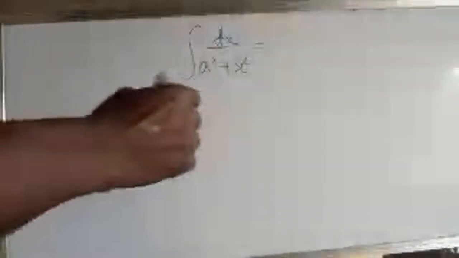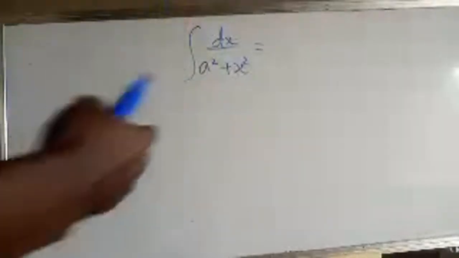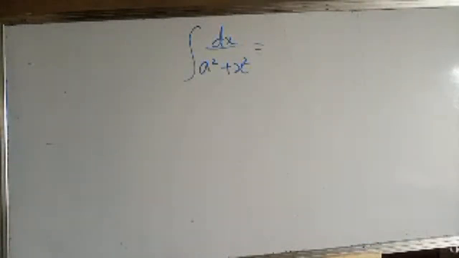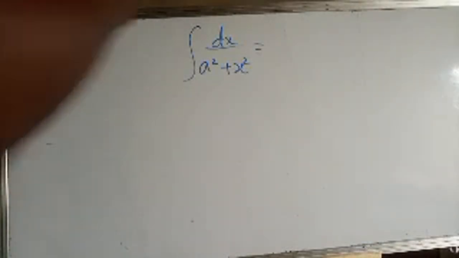Okay, now integrate dx all over a squared plus x squared. Now, this time around, we have our integral as the ratio of 1 all over a squared plus x squared. That is what we are integrating. That is our integrand. Now, how do we integrate this? Anytime you have this kind of form, where a is a real number and x is the unknown variable,